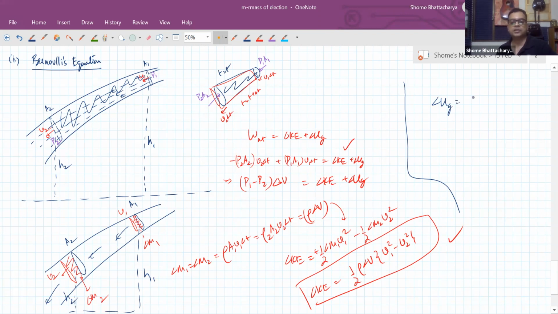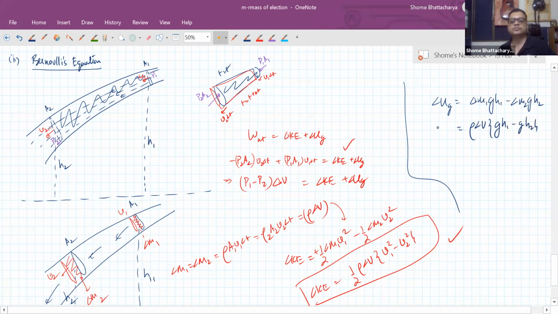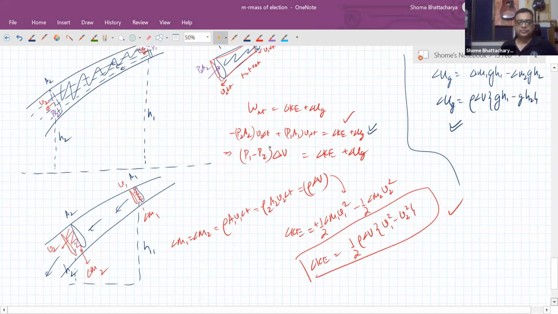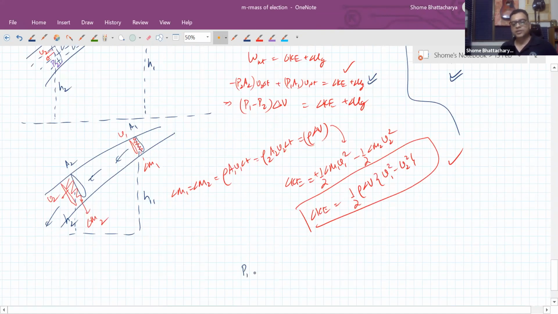So it will be delta m1 g h1 minus delta m2 g h2. Again, it is rho into delta V into g h1 minus g h2. So this is our delta U, and this term will get added over here. Now if we put together all this, this equation becomes P1 minus P2 into delta V is equal to